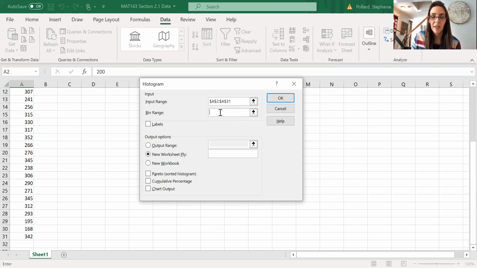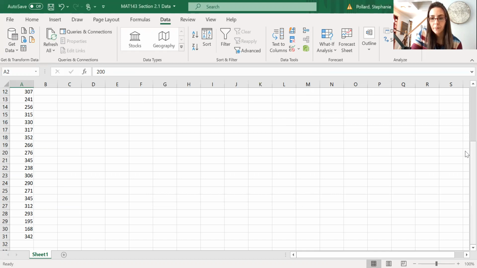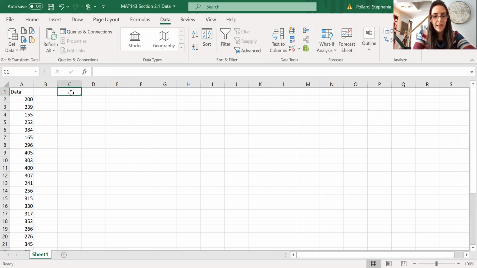Just like we did really with the calculator, right? You need to know the information before your technology can graph it for you. So we need to know our classes. So I'm going to cancel this for a second and go back to my table. And then we'll review the steps one more time. So my classes,